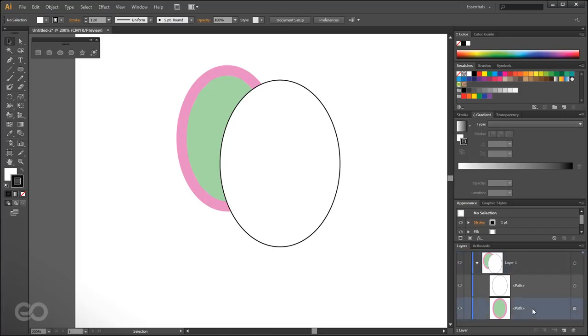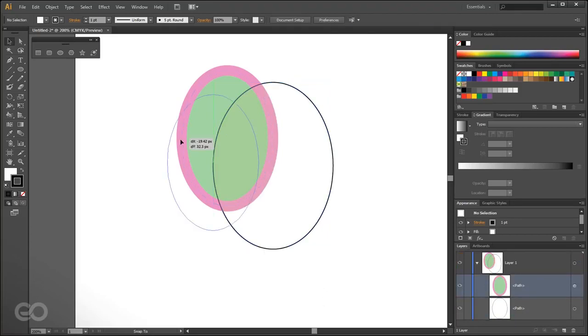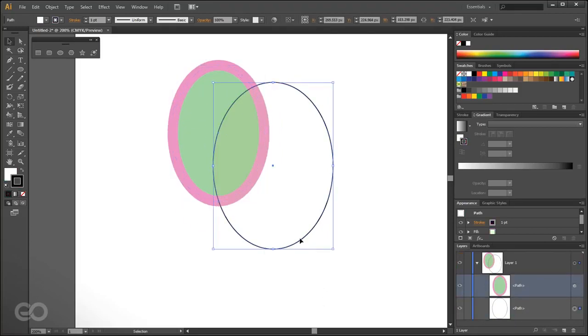So what it's telling me is that this green and pink paper, or this image which I have, is at the bottom of the white paper, because of which the white paper is obviously covering this one. So instead, what I can do is just select this object and drag and drop it on top of it. As you can see now, immediately I have this green object sitting on top